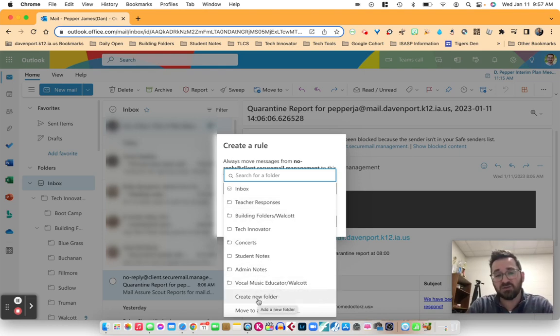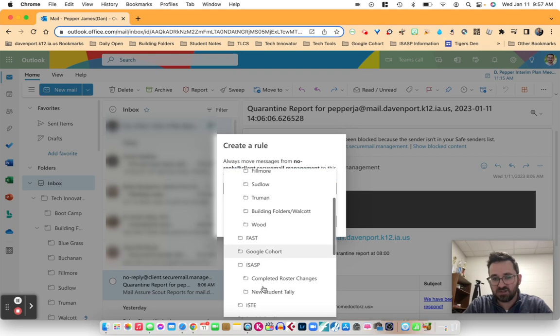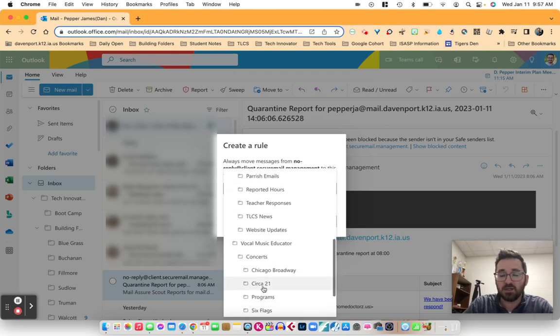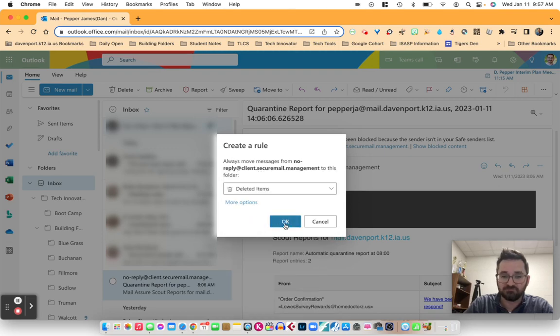You have the option to create a new folder, or you can move to a different folder, and then this will display all of your folders that you have created within your Outlook webmail. So these quarantine emails, I want them to go here to this magic folder for sorting. I can click OK, and then any email that comes in from that sender